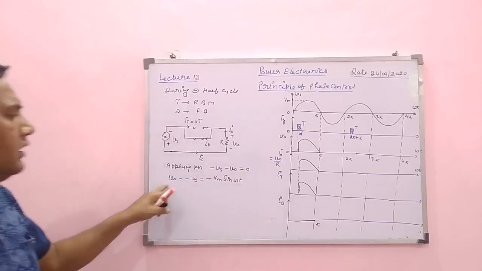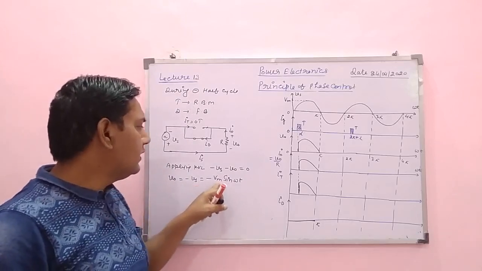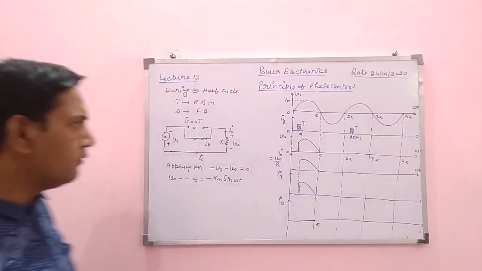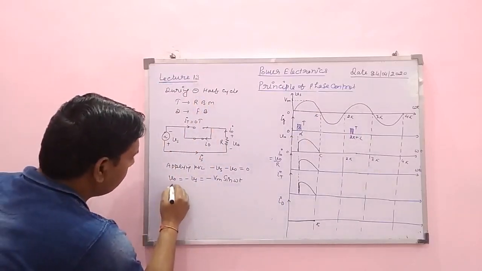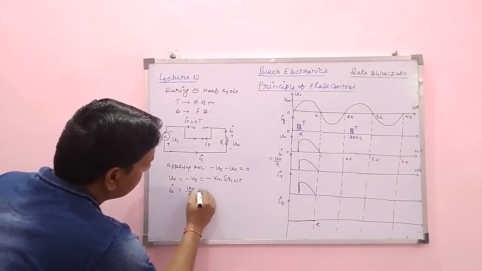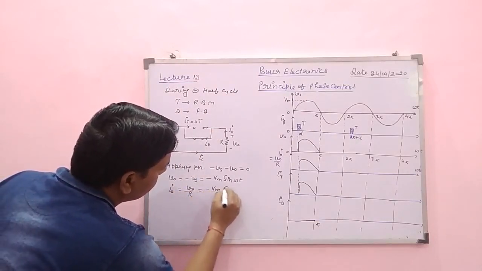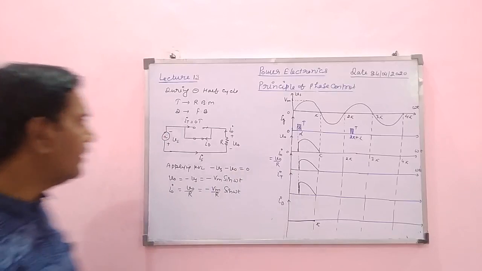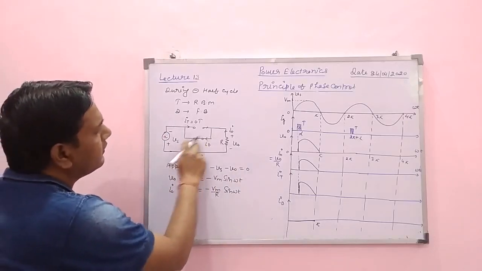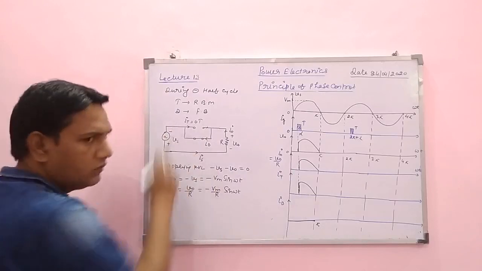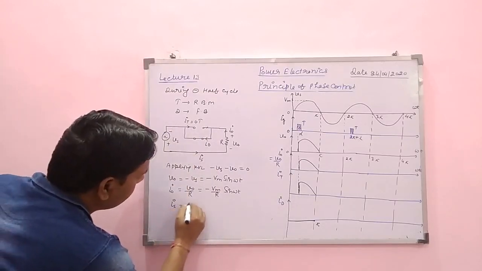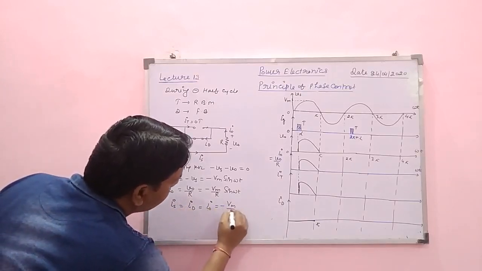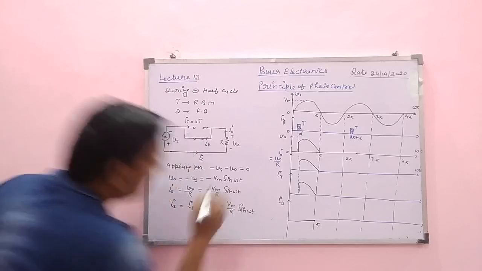Okay. So during negative half cycle V0 is equal to minus Vs, that is minus Vm sin omega t, which means it will follow the negative half cycle of input voltage. Okay. And I0 is equal to V0 divided by R, so it will be minus Vm upon R sin omega t. Means the current and voltage both are negative. You can see here that diode current is nothing but it is equal to I0 and this is equal to supply current. So supply current is equal to diode current is equal to output current, that is minus Vm upon R sin omega t. Okay.